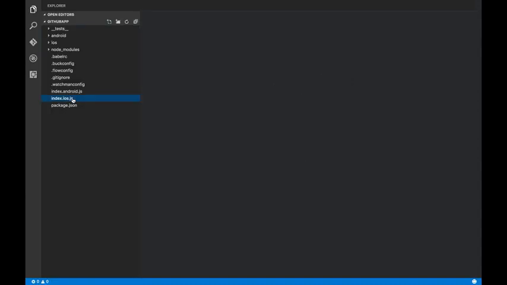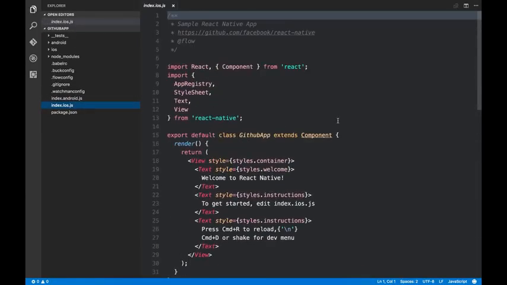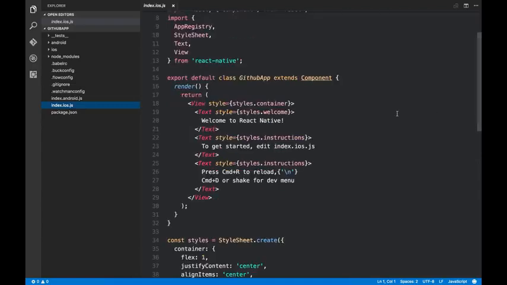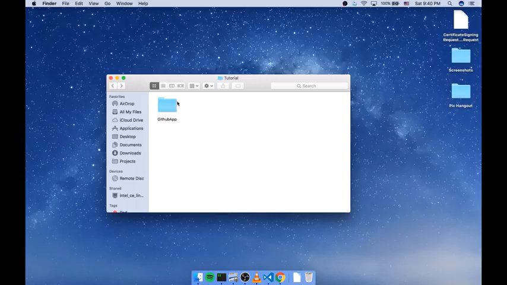So I'm gonna look at this file. You can see there is a template here that was generated by React Native CLI. Now let's see how this app will look like on an actual device. So I'm gonna use Xcode for simulating an iOS device. You'll need to open this directory and go inside the iOS directory. There's an Xcode project file here. I'm going to open it,